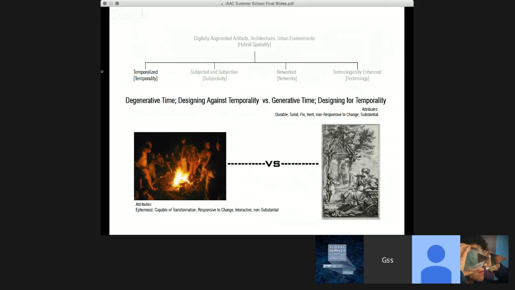Therefore, the designer designs for ephemeral spatial relations that unfold over time, as opposed to substantial spatial compositions that resist time. Hence, what is at hand is a transformation of our design approach from designing things that are durable, solid, fixed, inert, non-responsive to change, and substantial, to things that are ephemeral, capable of transformation, responsive to change, interactive, and less or non-substantial.